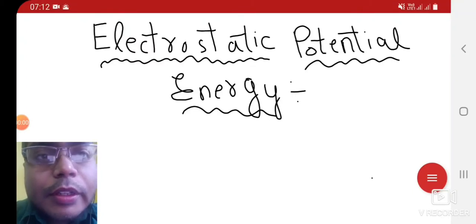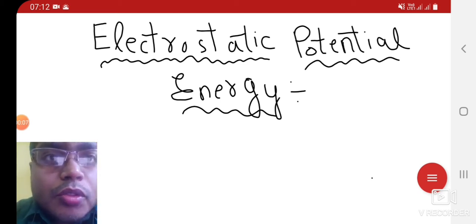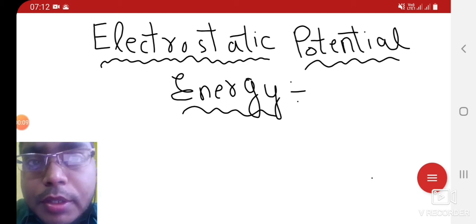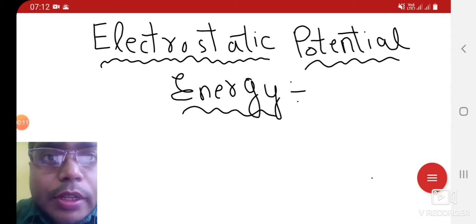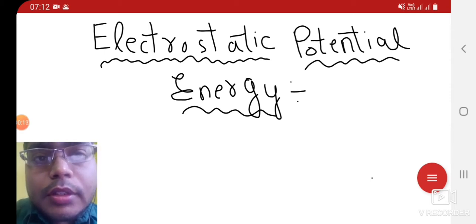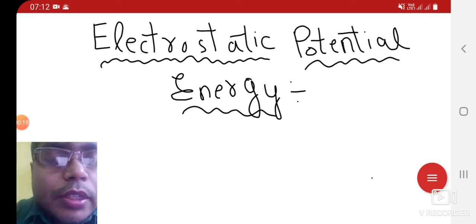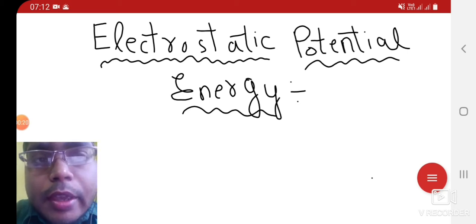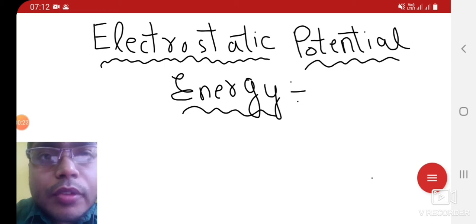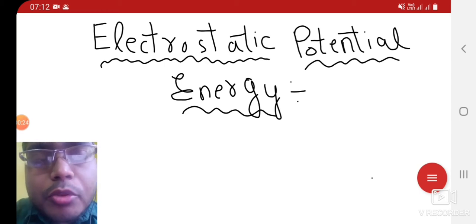We are going to start a new topic of the second chapter, that is electrostatic potential energy. As you all know, in the previous chapter we discussed the electrostatic force between two charges, and also the electric field. So in this chapter, electric potential and capacitance, we are going to discuss the first topic, that is electrostatic potential